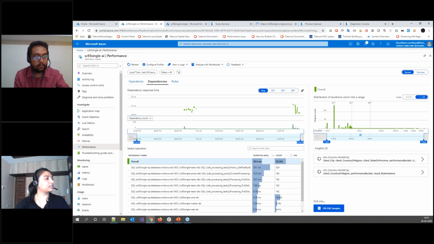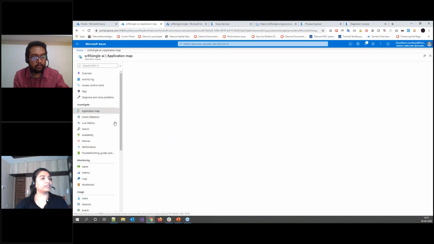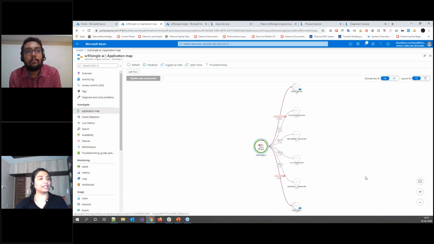Let's move to the application map. We have already enabled the dependency telemetry module in our application. So here we can see the topology view of our entire application.